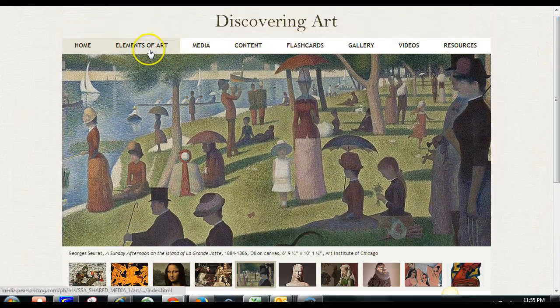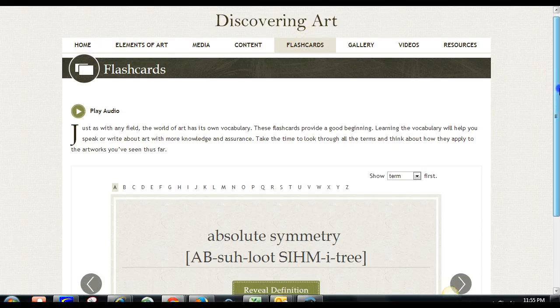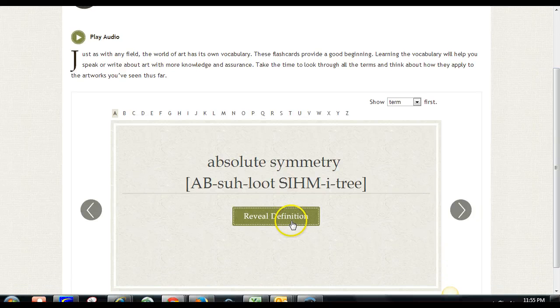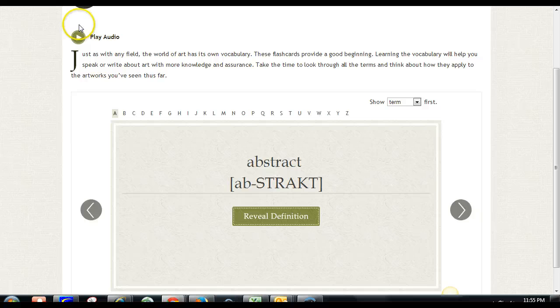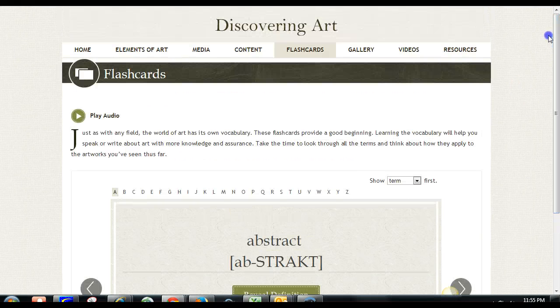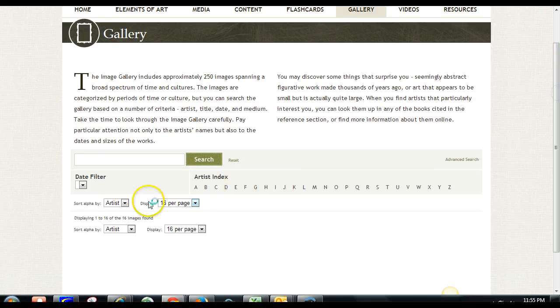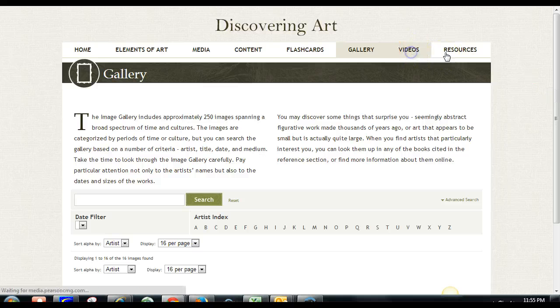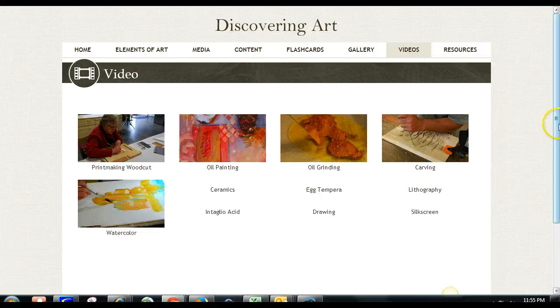We've got our elements of art. We've got our flashcards. So students can click on this, reveal the definition, move to the next flashcard. They can play it with audio. We've got our gallery. You can actually search by artist. We have over 250 images spanning a broad spectrum of time and cultures. We also have our video series here. Students can launch right into,